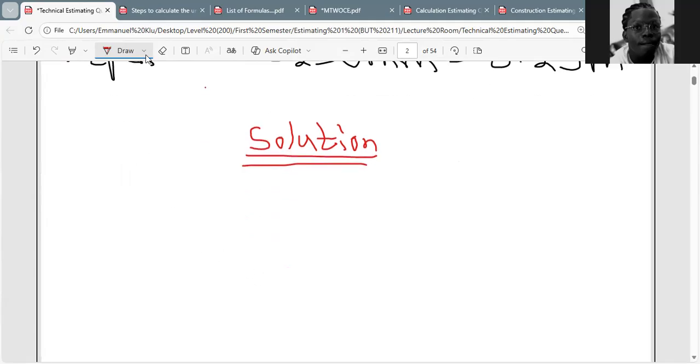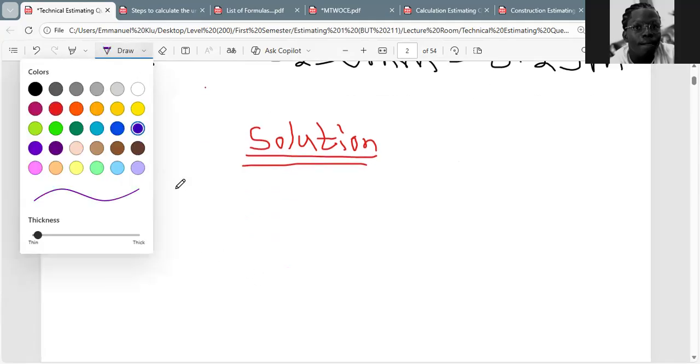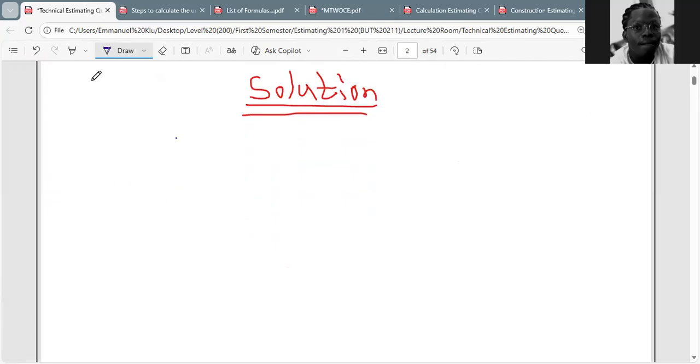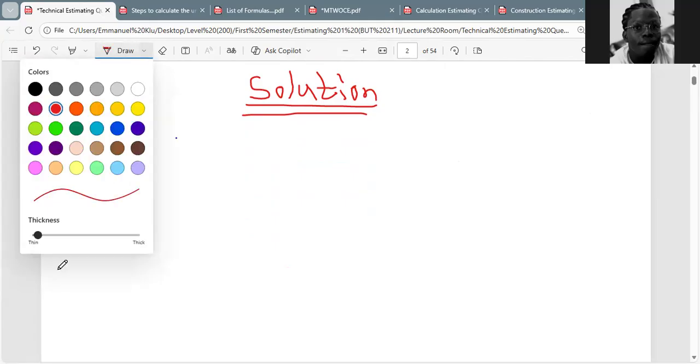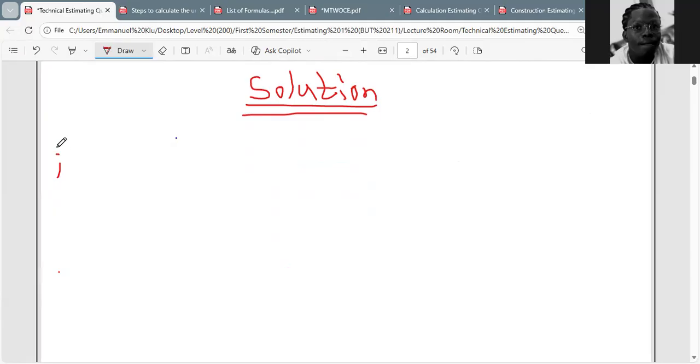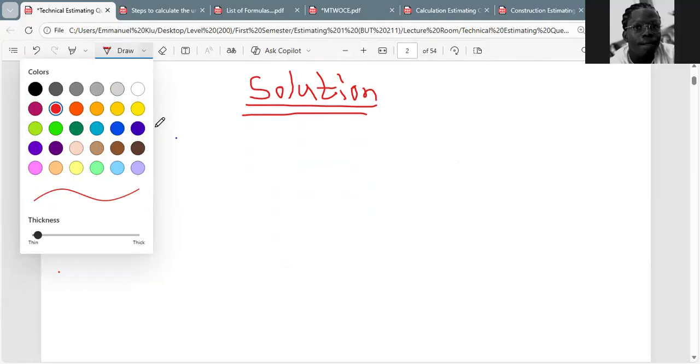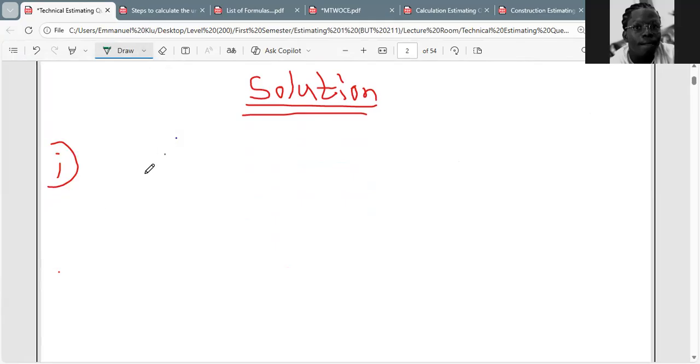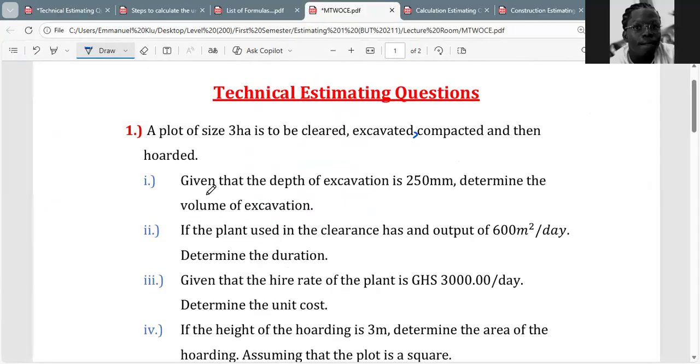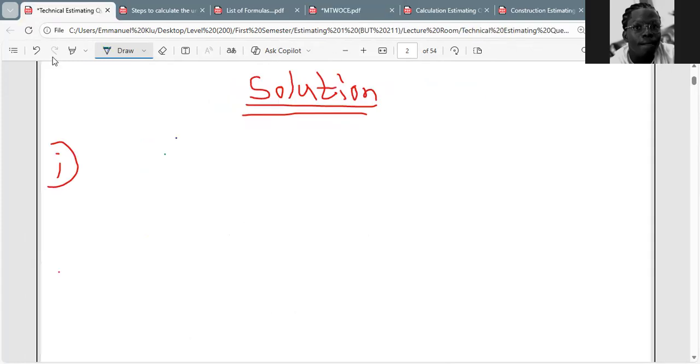Okay, so in this case, we can start from part I. Part I says we should determine the volume of excavation. So that implies that our volume of excavation